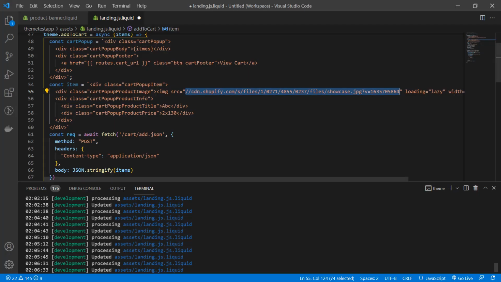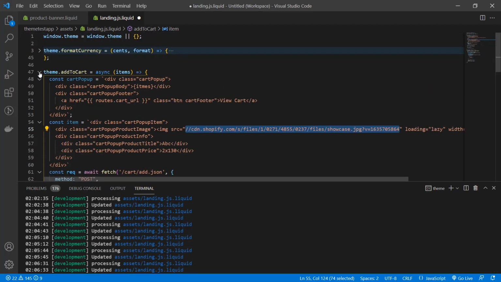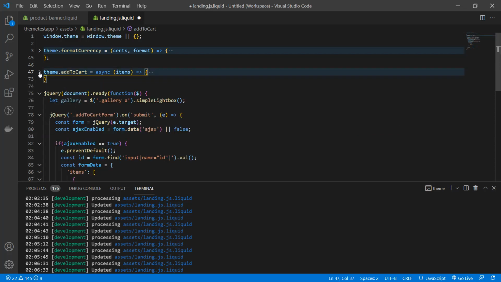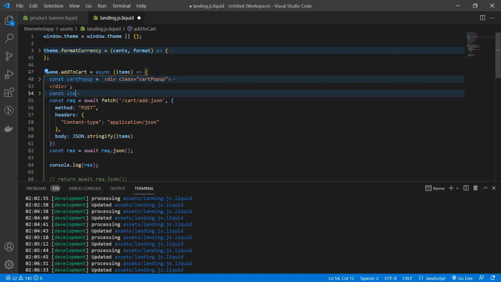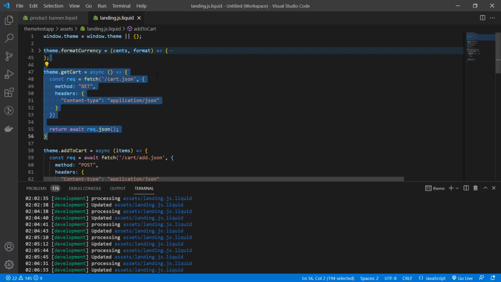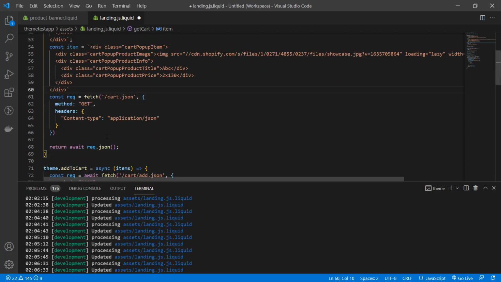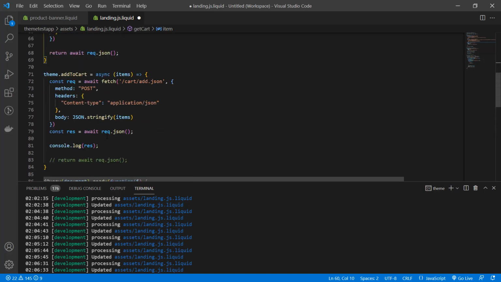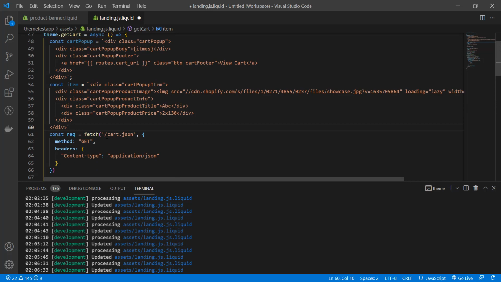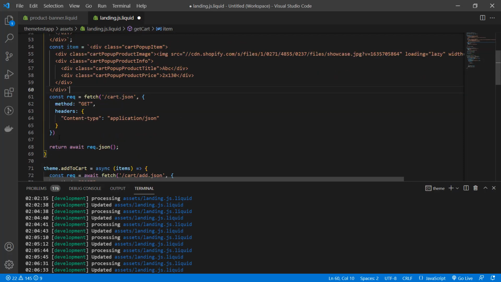So let's move back to our get cart. In here I'm going to add this one, and from here